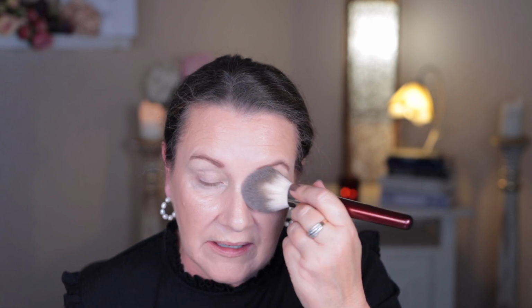And also what I do once I've just put that powder on is I take another BK Beauty brush, and this is the 102 brush, and this is super soft. It's a beautiful, beautiful brush, and I just lightly sweep under each eye just to make sure any excess powder is removed. Then I'm going to take my Sonia G Face 1 brush and again dab this into the powder. I don't need to tap this off quite so much,